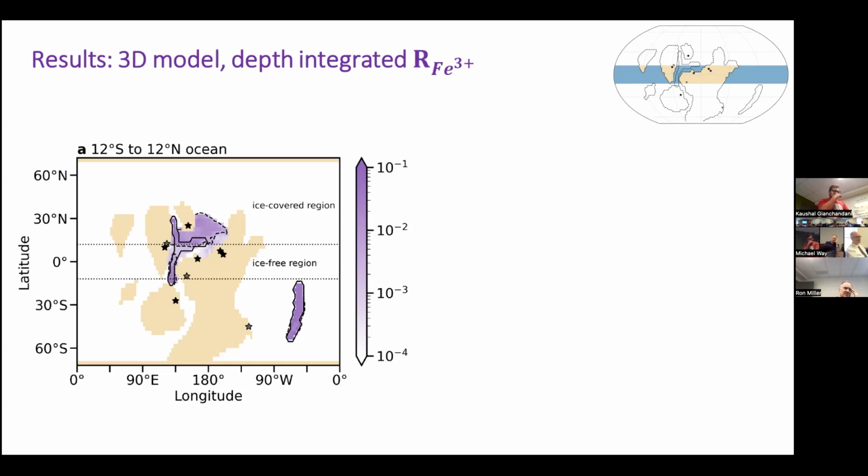I think you have a really interesting mechanism for forming banded formations, in spite of the fact that you have an open ocean and some oxygen at the surface. I'm just wondering if similar physics allows you to have a large amount of CO2 in the atmosphere and not have it come into the ocean.